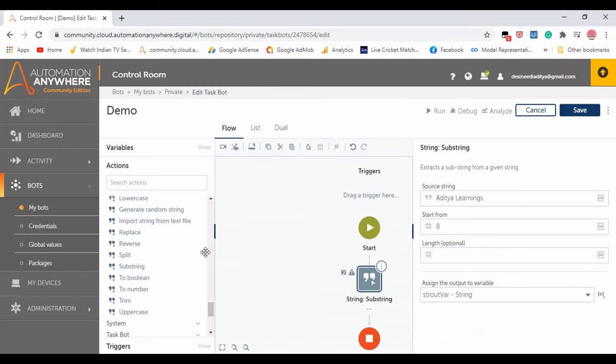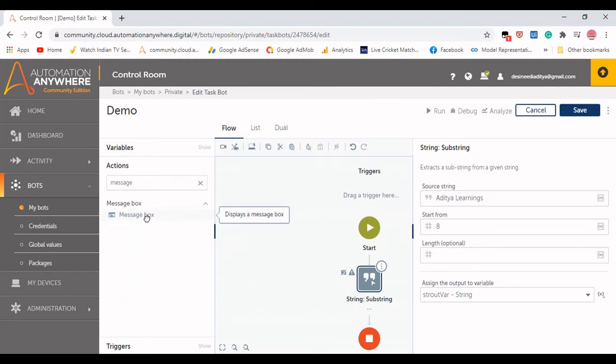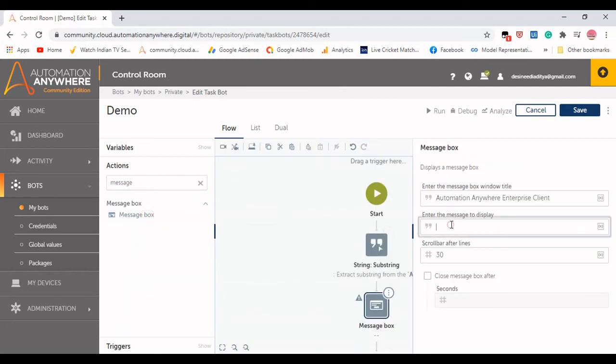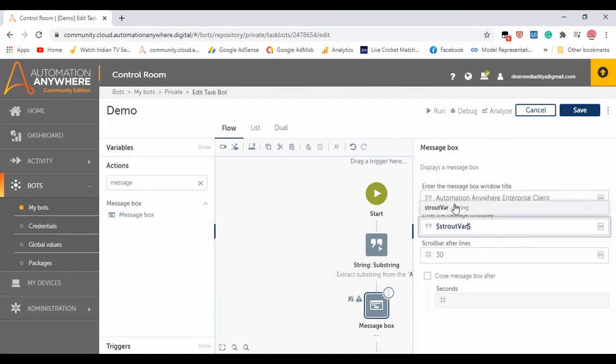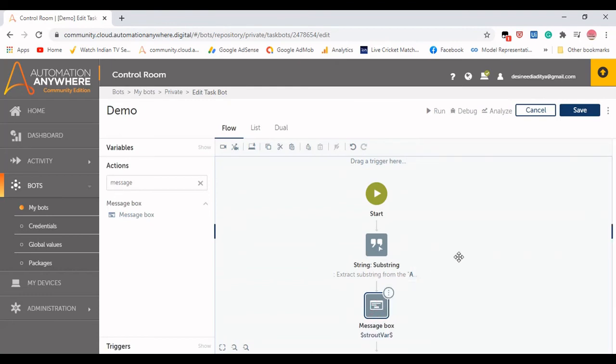So I need to select the string variable here, and then a message box to display that particular string variable. So we are out, and let me close this after 5 seconds, and let's save this.